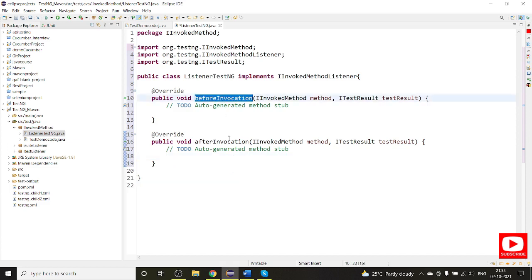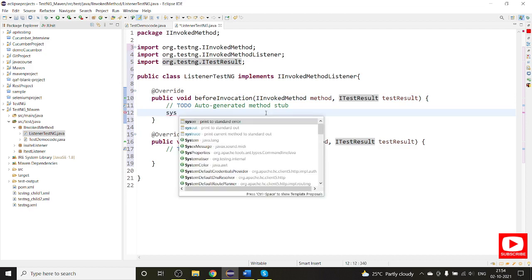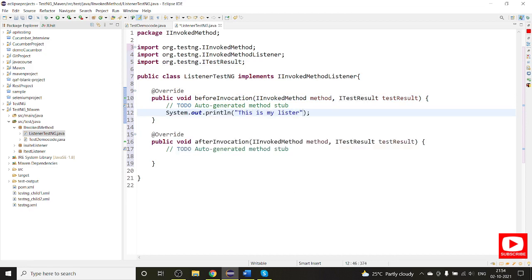This is the syntax for these two methods. We have beforeInvocation and afterInvocation, with the IInvokedMethod, which is the method it is invoking, and ITestResult. Basically we will point that to the class. Let me quickly add a System.out.println here. You can add anything here, but for demonstration purposes I'm using it.